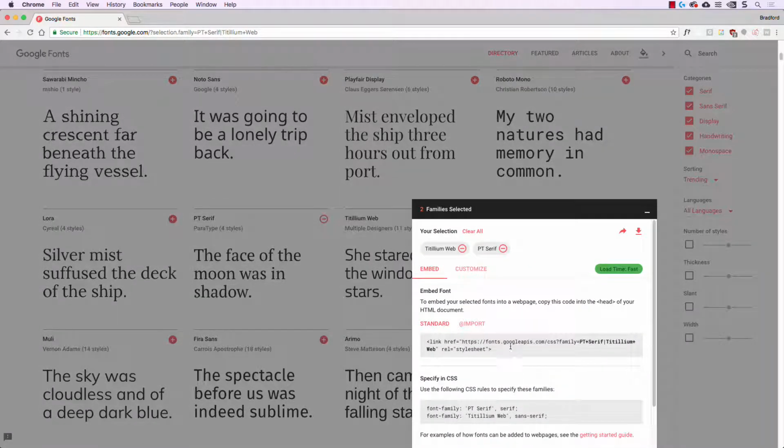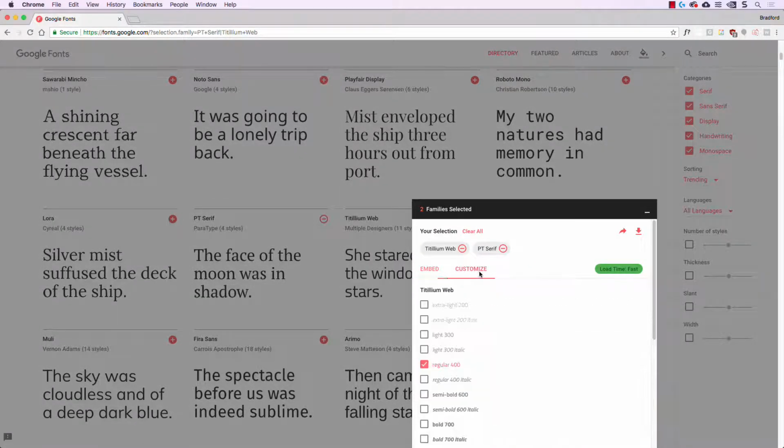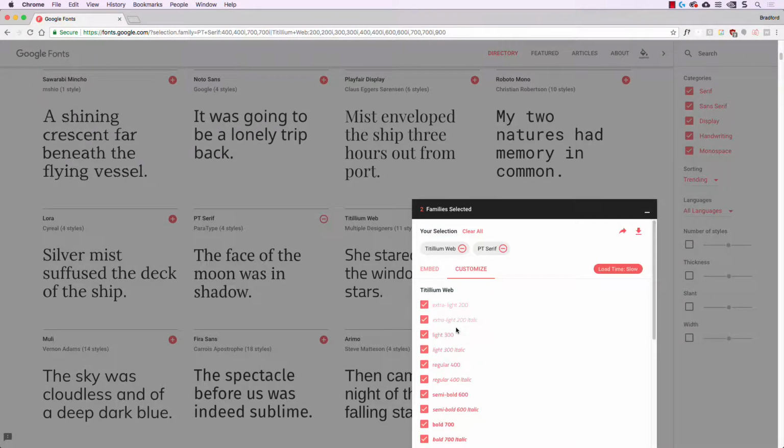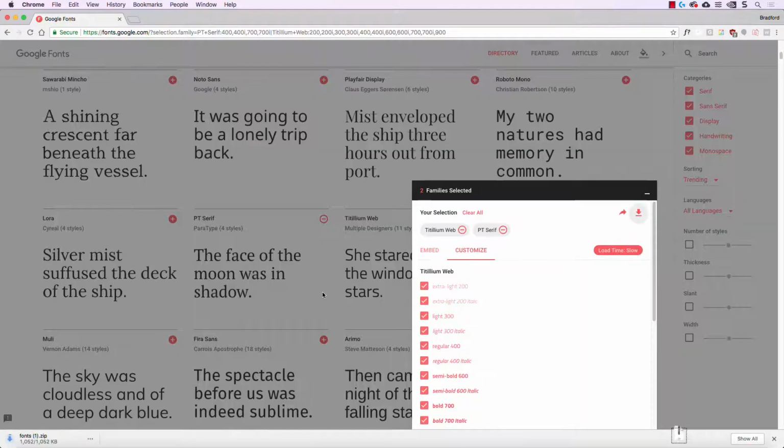And then when you click on this box, you can go to Customize to make sure to add all the weights. By default, it's only going to give you a few weights, but you probably want all of them. So just go ahead and click all the weights. And once you're ready, you can click this little download button, and that will download a zip file with all those font files inside. If you're on a Mac, you are going to want to unzip that font file,